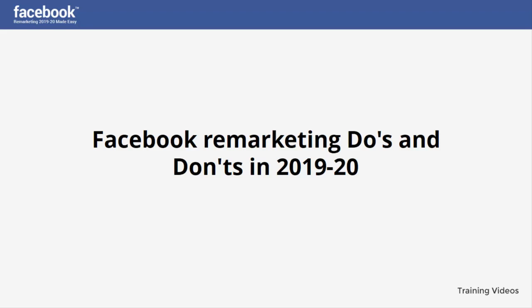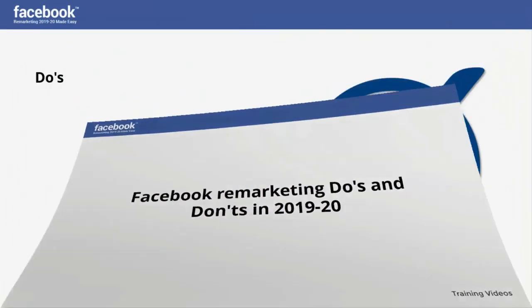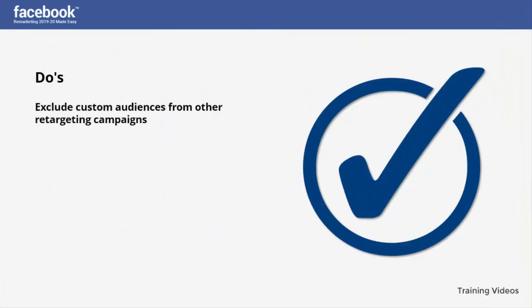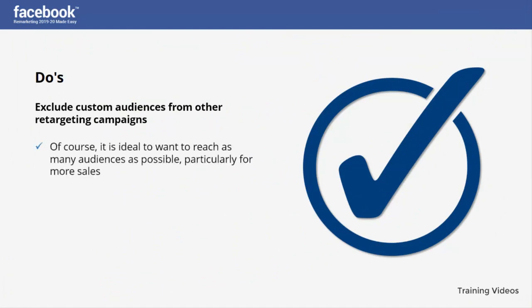Now you will learn the do's and don'ts you just put into practice to achieve a successful Facebook remarketing campaign. Do's. Exclude custom audiences from other retargeting campaigns. Of course, it is ideal to want to reach as many audiences as possible, particularly for more sales. But be careful to not get carried away with